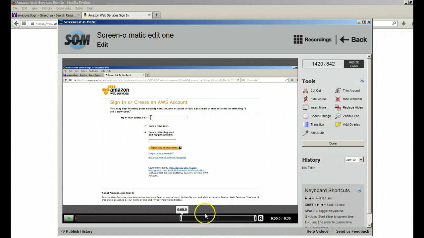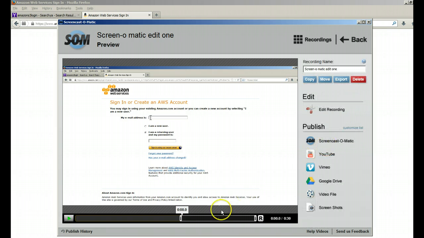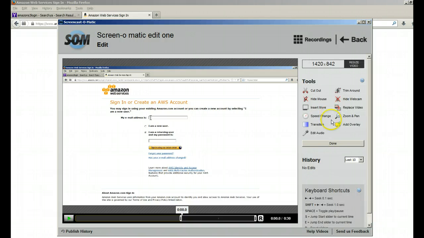Now we want to finish at the end of the first original video we did, which is 30 seconds duration. So what we now need to do is edit this particular setup here. I go back a second, and now that I've got that area marked, I want to edit the recording, and press add overlay